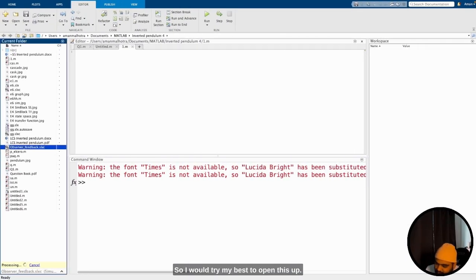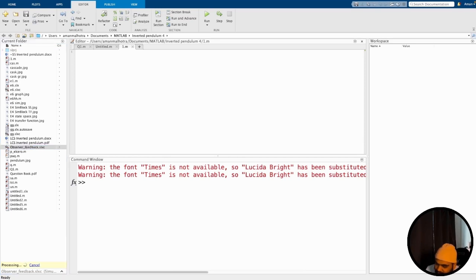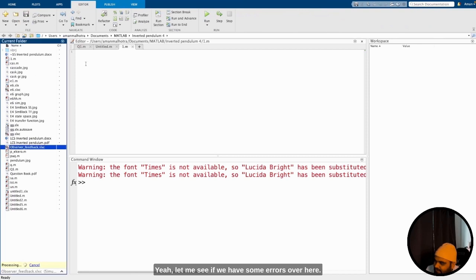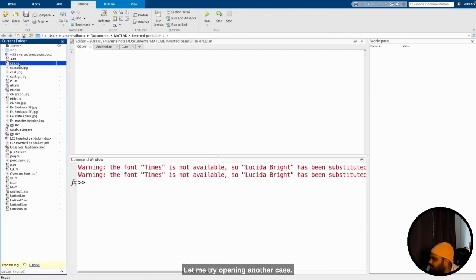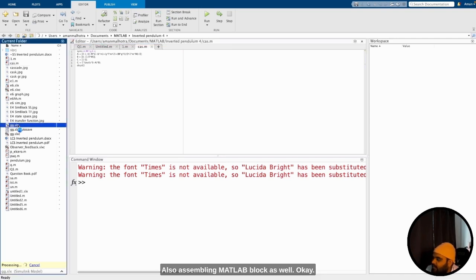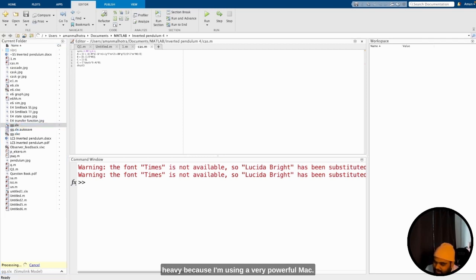So I will try my best to open this up. Let me see if we have some errors over here. I don't know. Let me try opening another case. Also the Simulink MATLAB block as well. Okay, these are very heavy, by the way. And trust me when I say this, it's heavy because I'm using a very powerful Mac, but it still takes